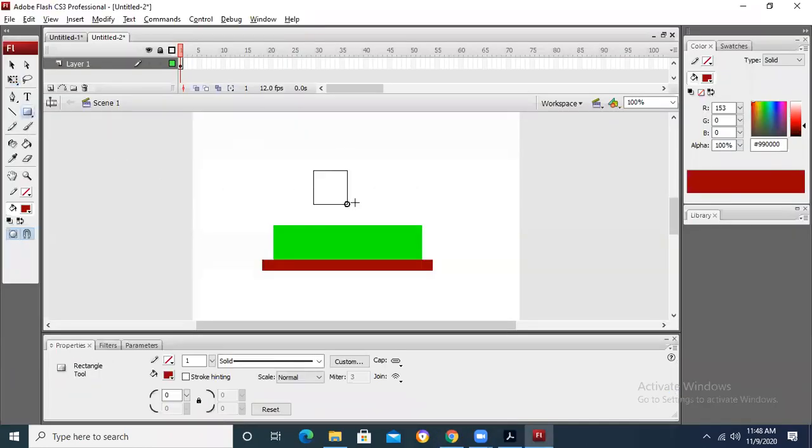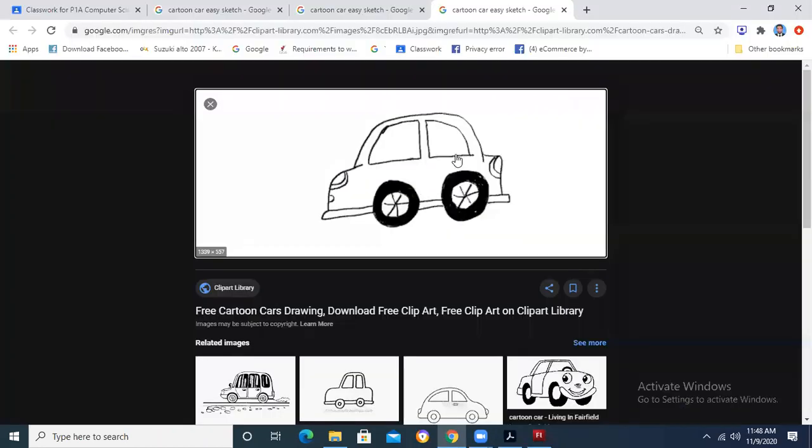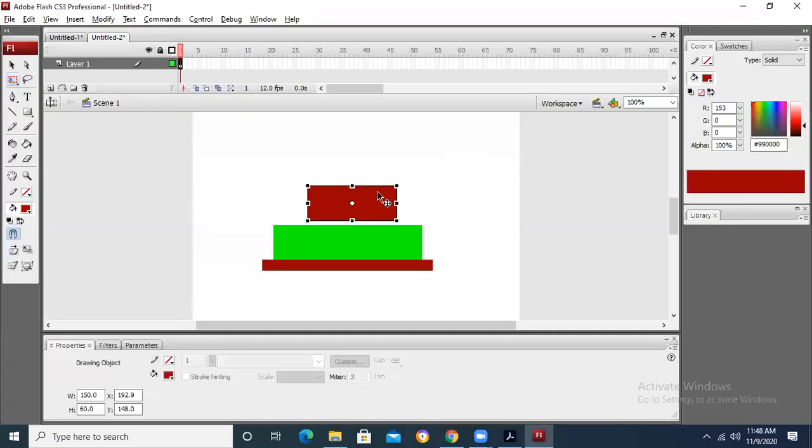I take another rectangle in this size. Let's suppose this is the rectangle that I want to have. Now you can see that if I want to change it, I can apply free transform on it. Now you can see that there are two rounded corners. So what should I do?